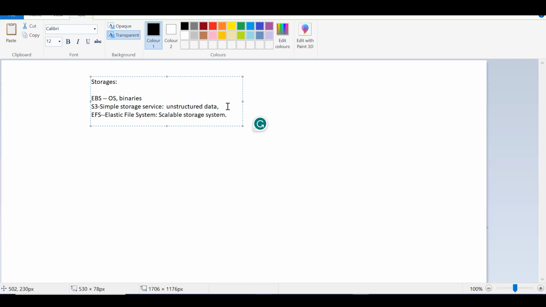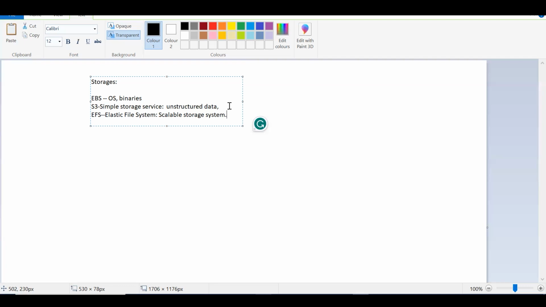And EFS is elastic. It will scale with how much you put in, and it will keep on scaling. We use this for servers, like EC2 servers. For production servers, say we have two servers, we need the same kind of data replicated in both. At that time, we attach this EFS to multiple instances at a time. That is the major thing, and that is mainly why we use it. It will be scalable, and you pay only for what you are using, not for non-utilized data.